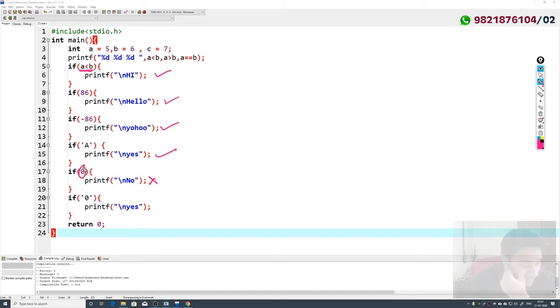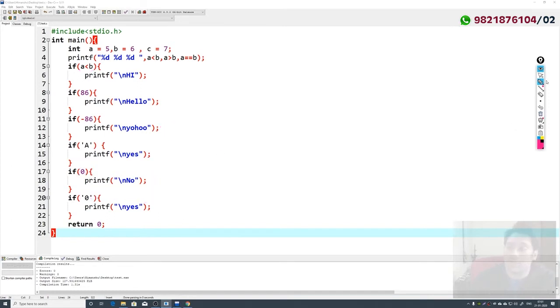Why? Because we are giving a value 0 here, and this yes will also be printed. ये भी value यहाँ पर print होगी. Why? Because we are giving a character 0. So this 0 is in single quotes, that means it is a character. So here I'm passing a character. Here I'm passing a value which is a null value or 0.